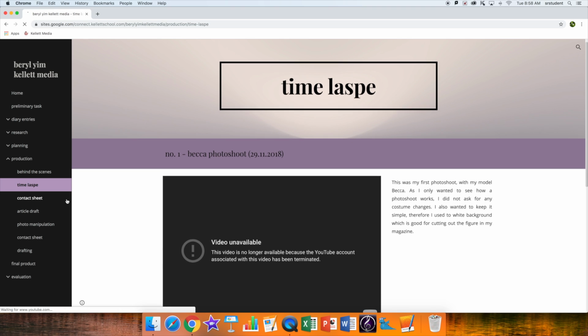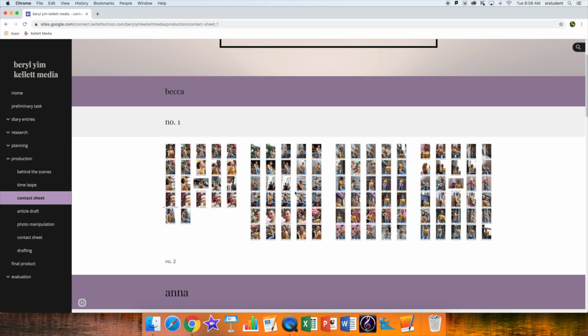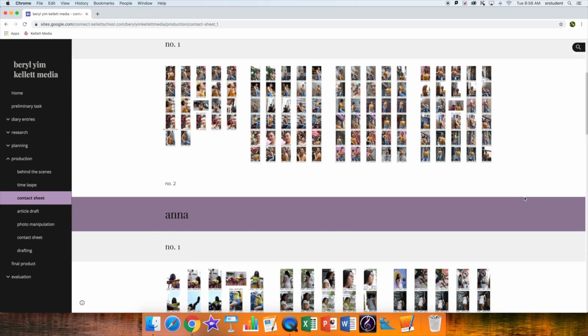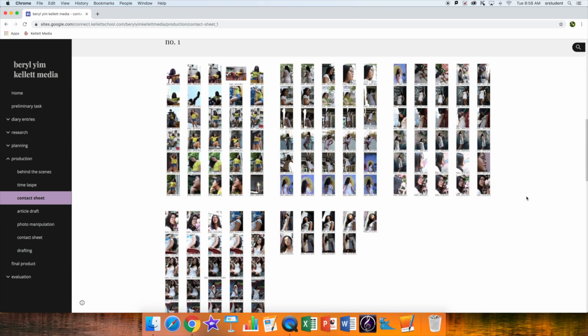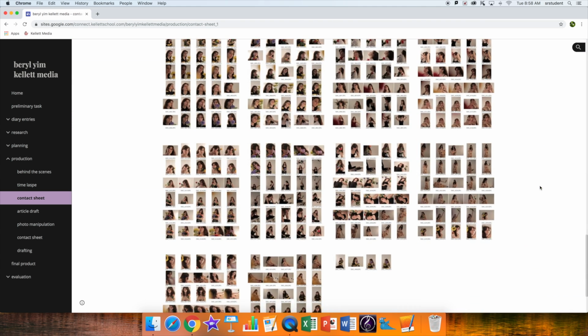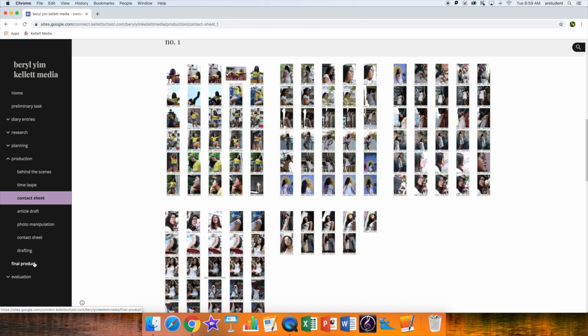So instead, I looked at the contact sheet, and you can see the work she put in. There's a lot of photos here, and she definitely didn't use all of these in the final product. So it gives her a lot of choice, and it shows the hard work she put in to taking her images. So if we take a look at her final product,